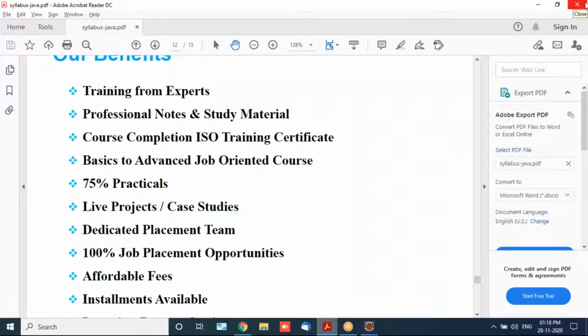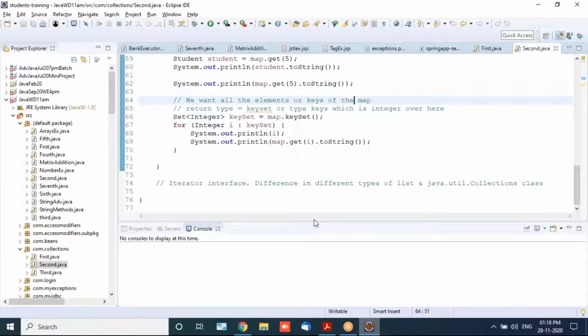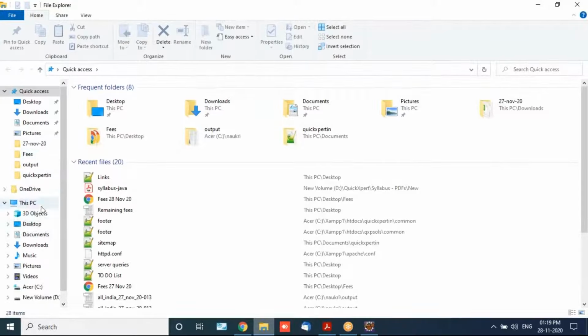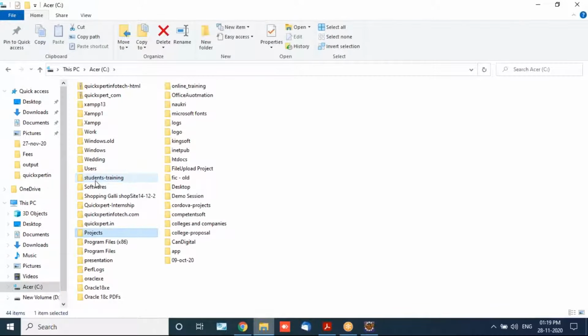To provide you 100% job placement opportunities. So everything is there, you don't need to worry. The main thing is that your fundamentals and core concepts should be clear, because when you go for the interview call, you should be able to crack the interview. When you do the hands-on training, your core concepts get cleared. Hence we focus on everything right from the basics. You will be given notes. I am showing you a few of the notes that we have given to the existing batch.